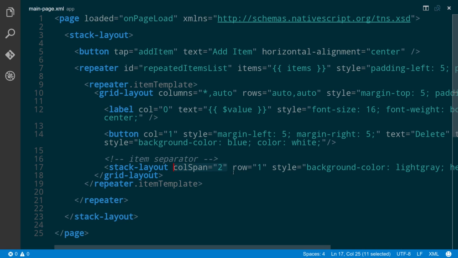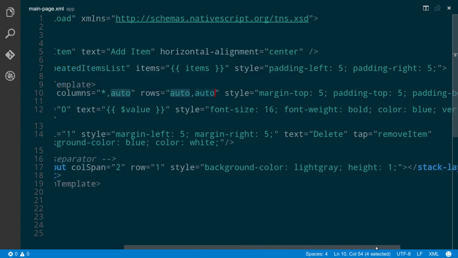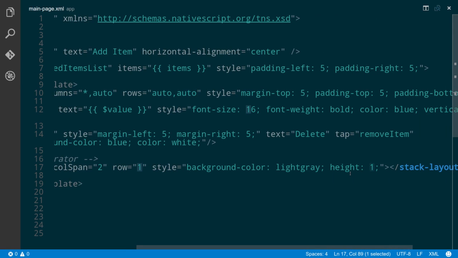And then we can set its row to 1. Because it's taking up both columns, we don't need to tell it which column it's in. But we do need to tell it, hey, this is row number 1, because remember the default is 0. And if you remember, that second row got an auto as far as its height. So because this has a height of 1, it's only going to take up that 1